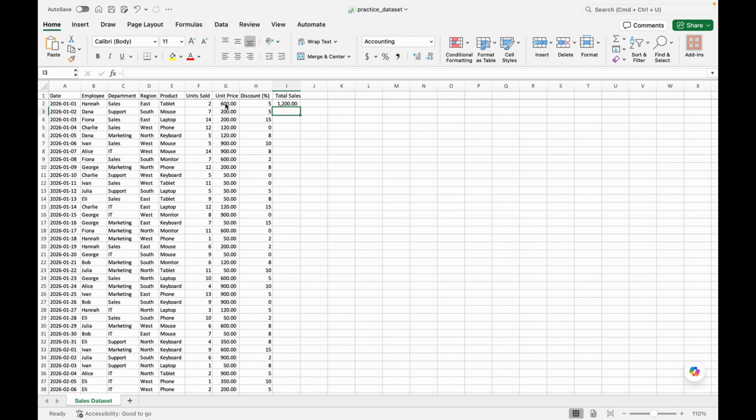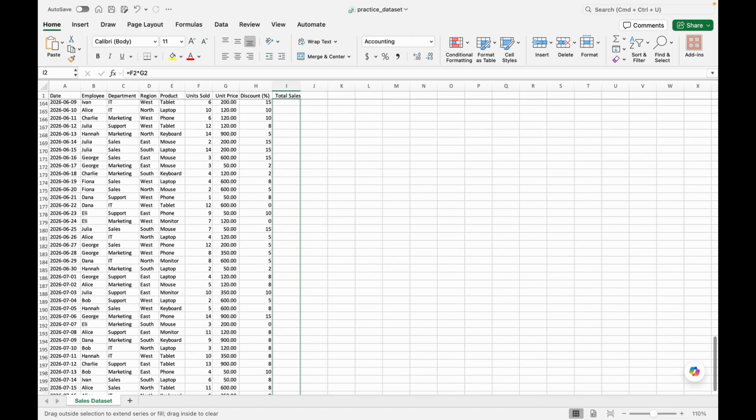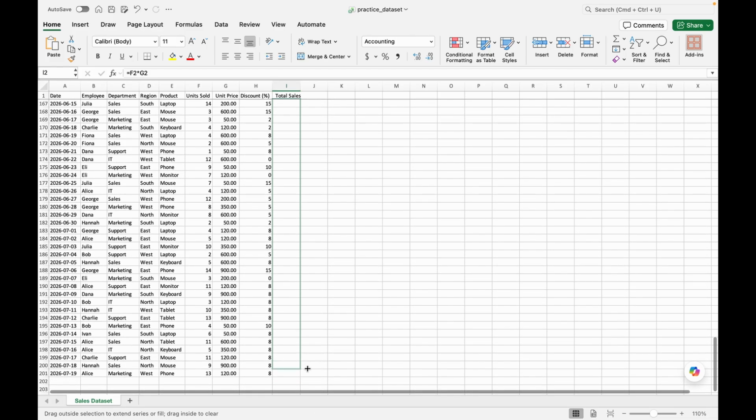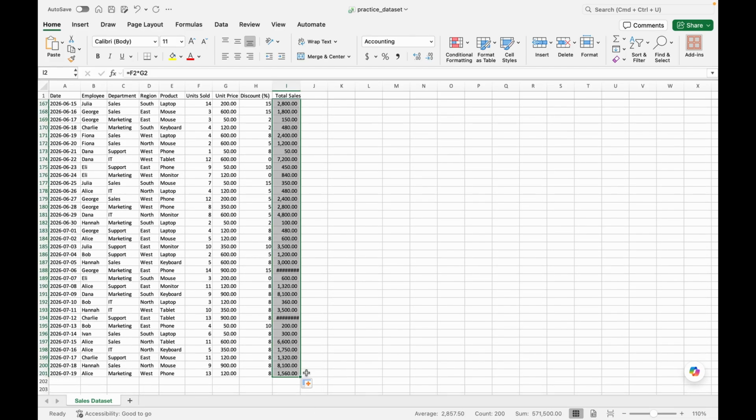We can grab the fill handle in the corner and drag it down, and Excel will automatically update all cell calculations using the cell reference. So we click on the cell, go to the autofill,